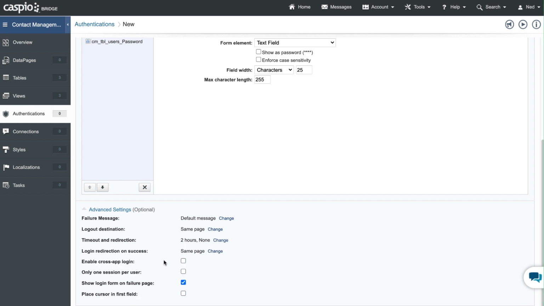Enable cross-application login. So if you have multiple applications inside your account and you want the user table to be inside one app, you can use that same user table across multiple applications. This is a much more effective way of building apps where you have a single user table and all the users within that table can log in across multiple applications. Only one session per user should be self-explanatory. If I log into the application on my computer, and I go to a different system or a different computer, I try to log in, it's going to let me log in, but it's going to log me out from the previous session. And then once you're done, all you have to do is click on Create at the bottom